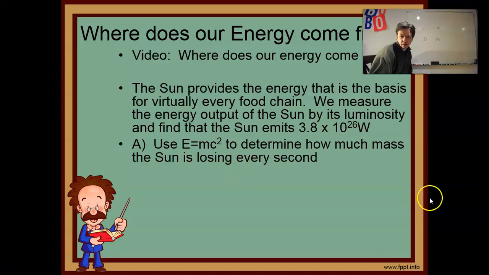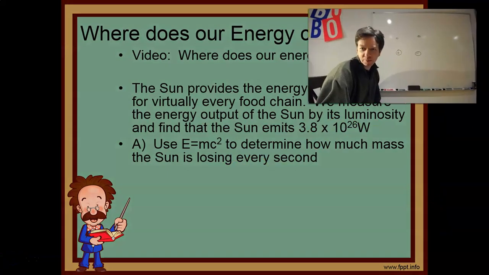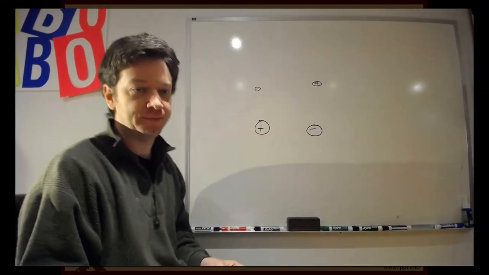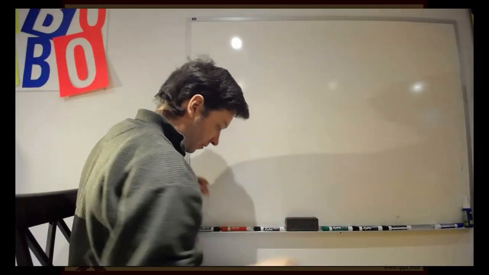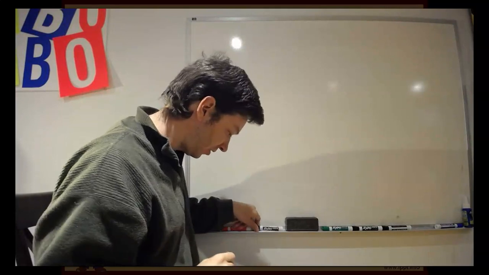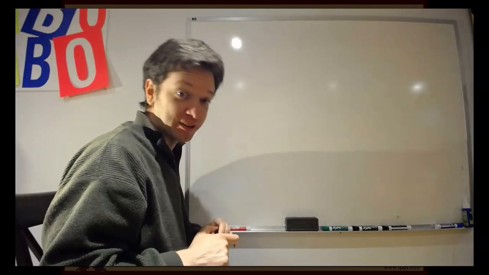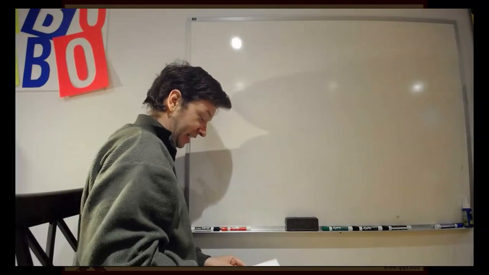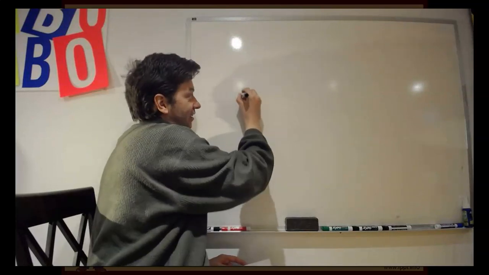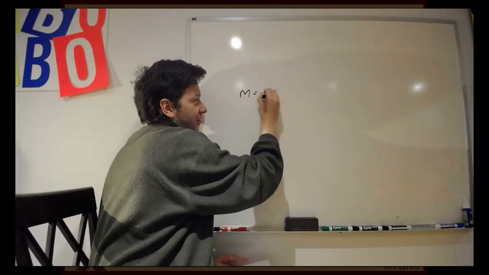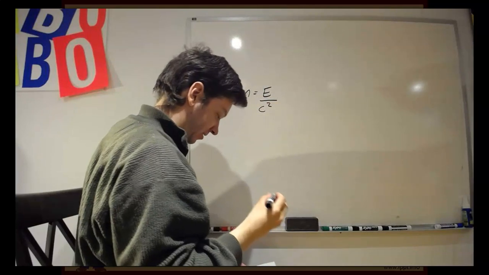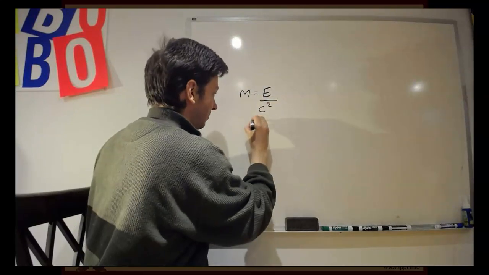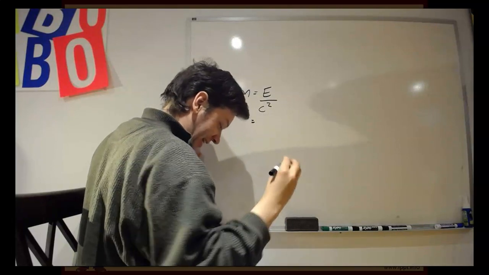All right. Let's do this on the whiteboard. I'm going to make this a bit bigger. There we go. So first question, use E equals mc squared to determine how much mass the sun is losing every second. Well, every second, the sun loses this much mass. I've just already rearranged the equation because that's not a difficult equation. And when we plug in the energy, it's